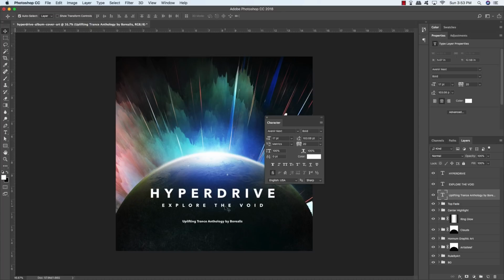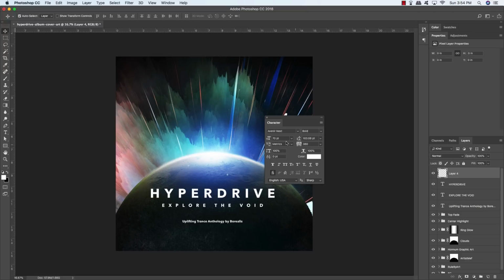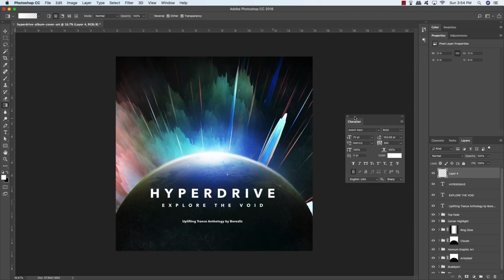Okay, so we've got our title set up here, but I want to add a little border or divider in the middle of these 2 lines of text. So I'm going to create another new layer at the top, press G on the keyboard, grab a Radial Gradient fading from white to transparent. I'm going to move the character panel off to the side here. And now just click and drag outwards while holding the Shift key, press Command T to do a free transform,